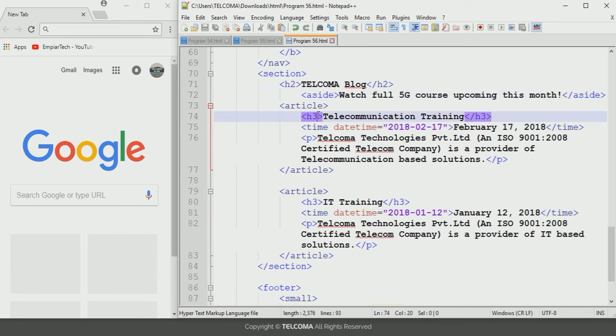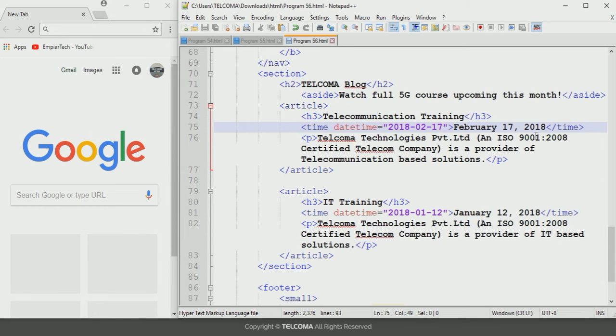After that I have declared the h3 heading and then another structure element, the time element. This time element represents a date or a time. An optional datetime attribute is used to specify a calendar date and time in machine readable format. So here we are using the time element with the datetime attribute equal to the date.